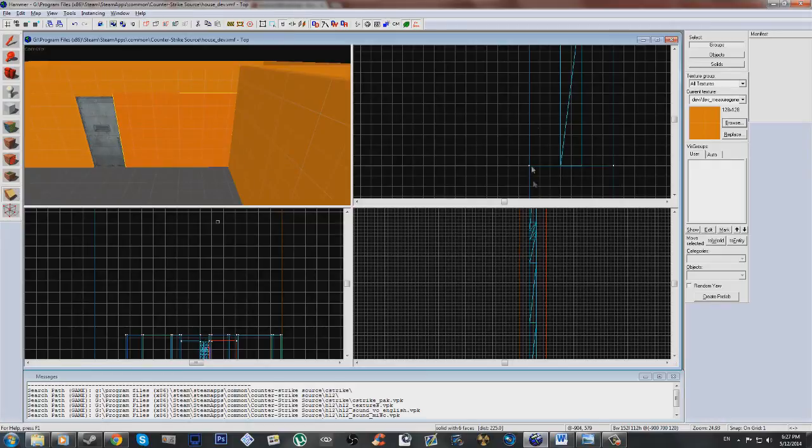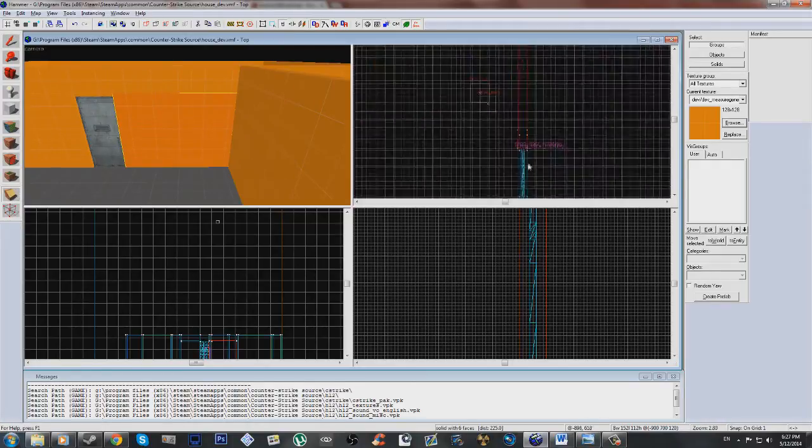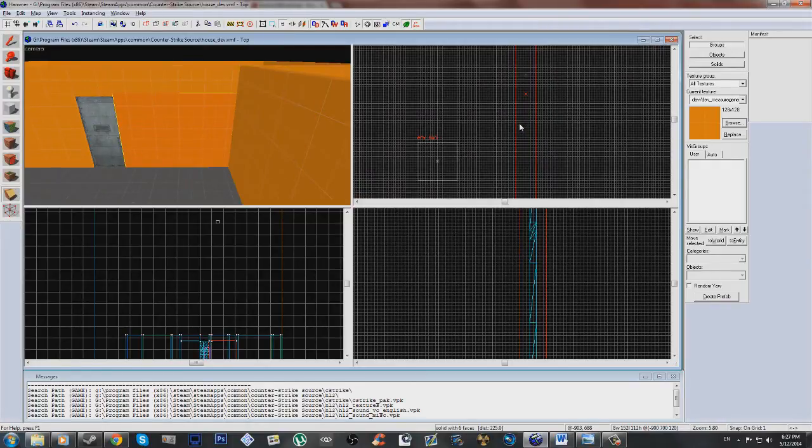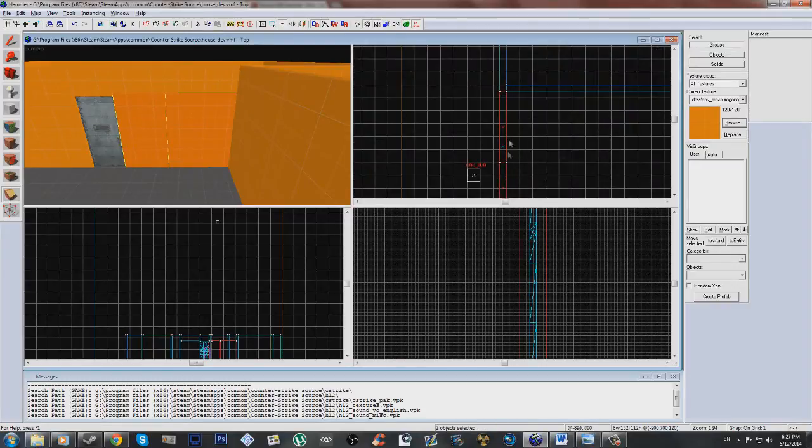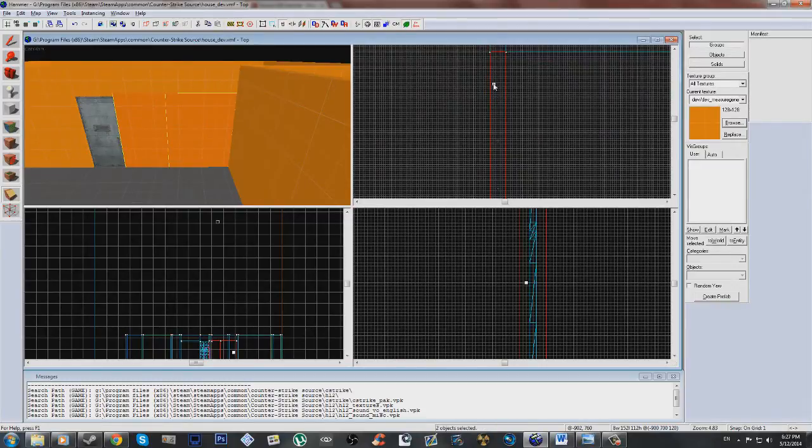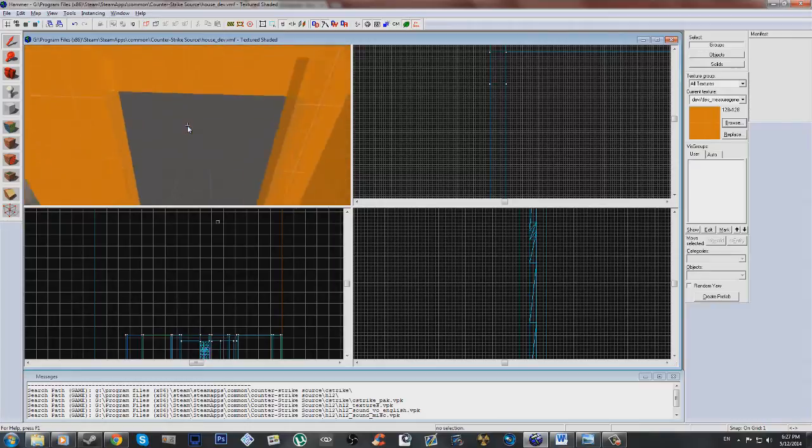Let me just cut open another place for another door. And this one is a lot more free for you to do whatever you want. Let's cut another. You can basically just make the door any size. You can make it sliding. Actually, that would just be a func_door, but